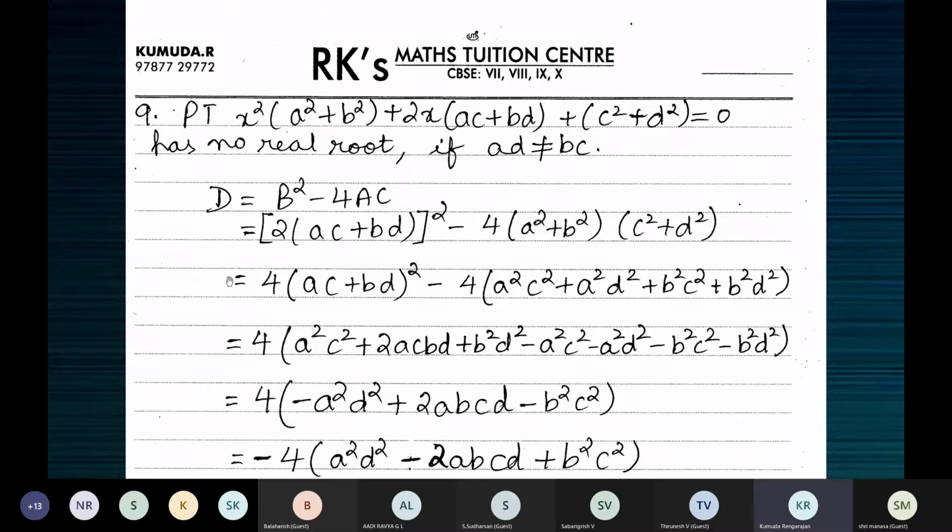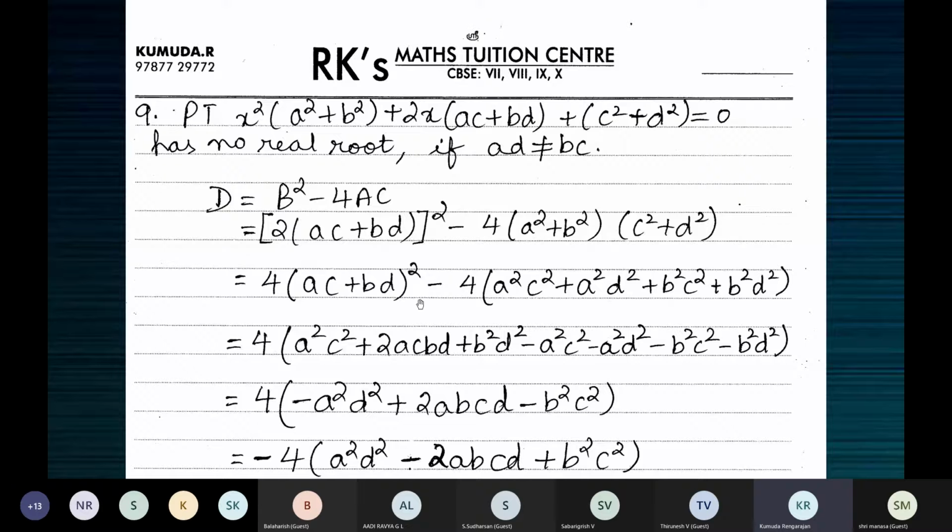All right. Now 4 is common. You can even expand this here. Not that you should not expand it here; you must expand in the next step. Nothing like that. You can expand this here. I've done it in the next step. So 4 is common. Remember, we cannot divide by 4 throughout.